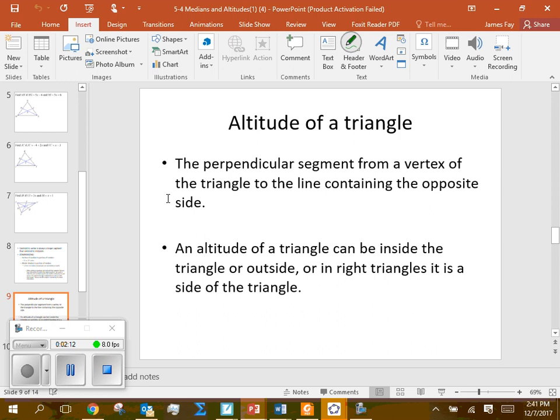Okay, we need to talk about some definitions here. First one is altitude. An altitude of a triangle is simply the perpendicular segment from a vertex of the triangle to the line containing the opposite side of the triangle. Okay, the perpendicular segment from a vertex to the opposite side. Okay, the line containing the opposite side. I'll give you a minute to write that down, and then we're going to tear that definition apart,